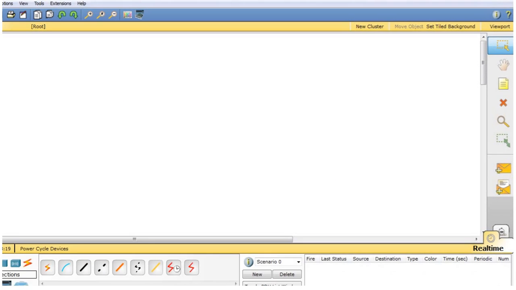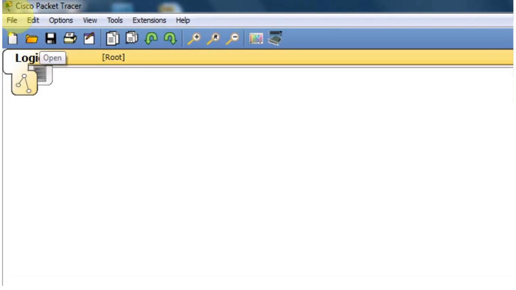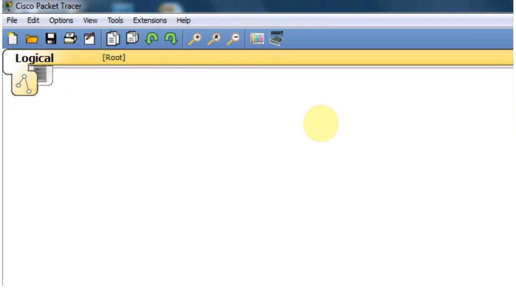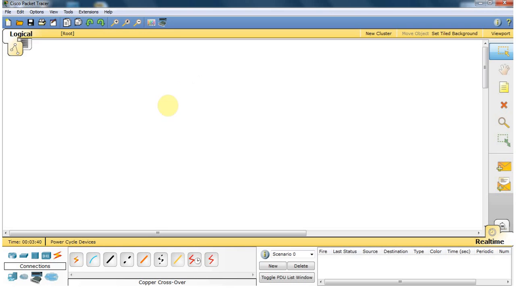And also in the top menu bar there are many options. In the menu buttons there are file, edit, options, views, that's the normal buttons. And here are the palettes, custom device dialog box, and so on. Now what we're going to do, I'm going to draw a small network diagram first. So first I'm going to use two routers, two switches, and also two